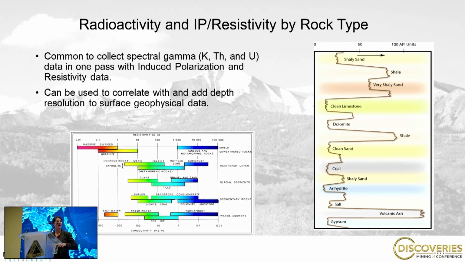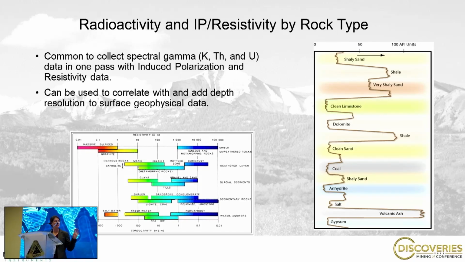Okay, so one of the things I wanted to mention, in addition to televiewers, on a high level, is some of the other measurements that can also be collected downhole. Televiewers are obviously the most commonly used in the mining industry right now, but you can collect a lot of this information, whether it be induced polarization, resistivity, radioactivity that comes from naturally occurring radioactivity around us, right? Potassium, uranium, thorium, these are very common things to measure in a borehole, and they obviously differ by rock type. So this just gives you a high-level look at how that radioactivity may change with rock type on the left here. And lower down, again, it's probably too small for you to see, you could see resistivity or conductivity and how that changes by lithology as well.